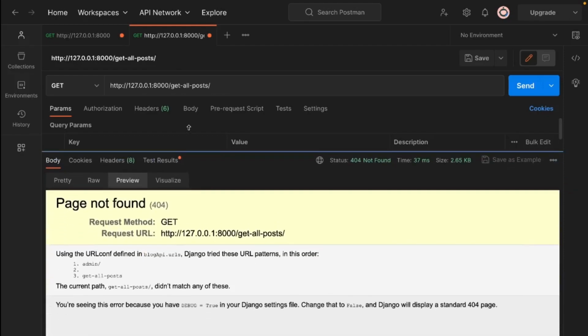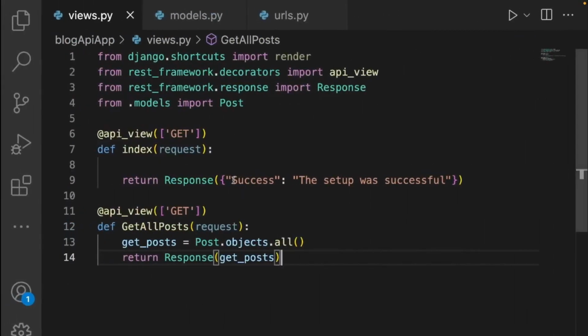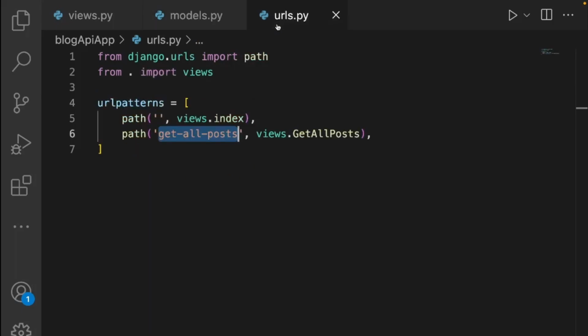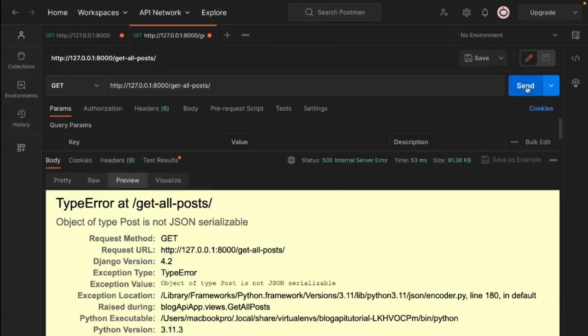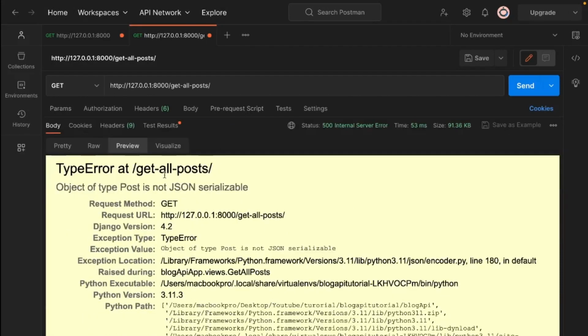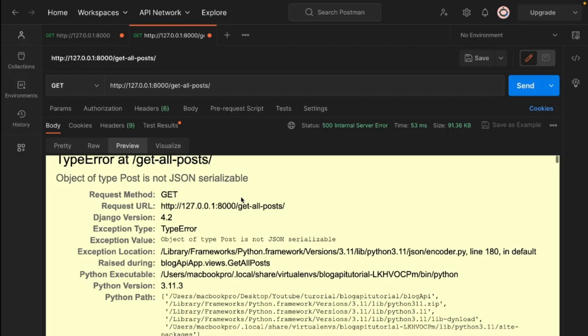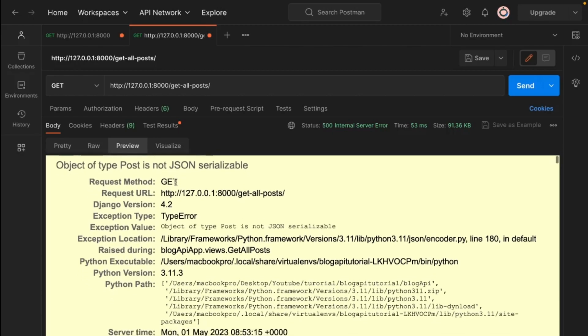So you can see that it says page not found. Okay, it's telling us that it does not recognize this page. So let's go back to the URL to make sure that it is set up properly. So let's put a forward slash here and go back and try to send this again. So now we're getting a different error saying type error get all post object of type post is not JSON